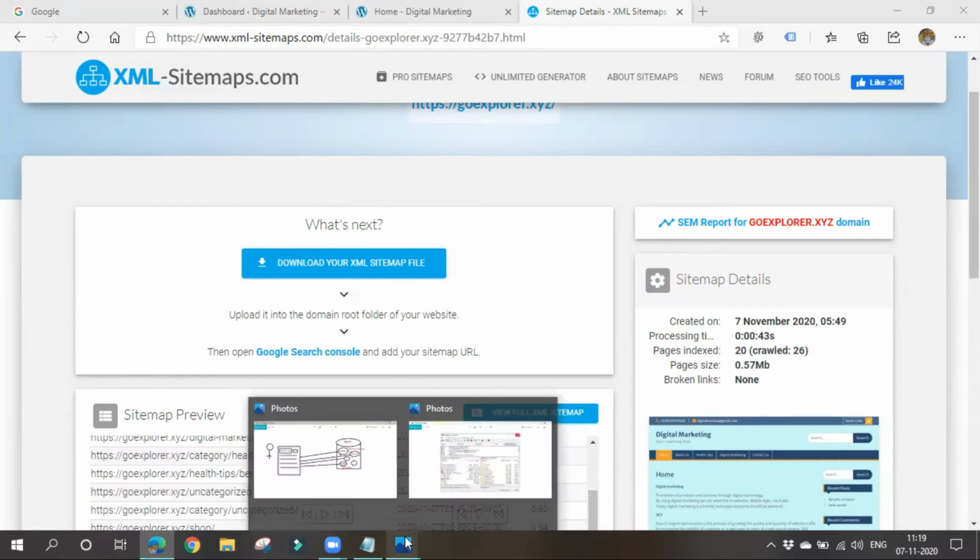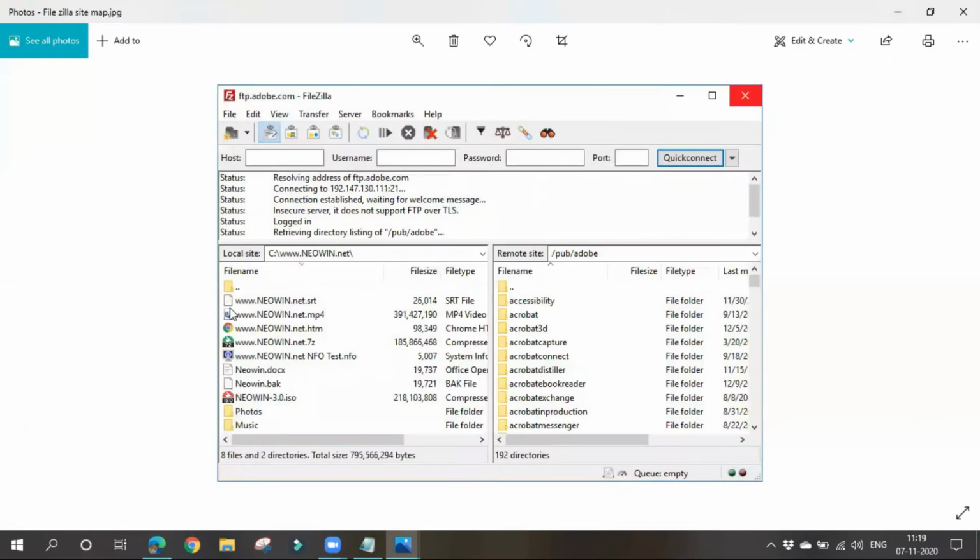Let's see. If you see this image, this is known as FileZilla. It is a software. Here you have to give your host name, username, password and all. When you take up the hosting, you will get all these things. Your hosting IP address will be given here, username, password and all. On the left hand side, you will have all local files. On the right hand side, you will have all remote files. Remote files means server side files.